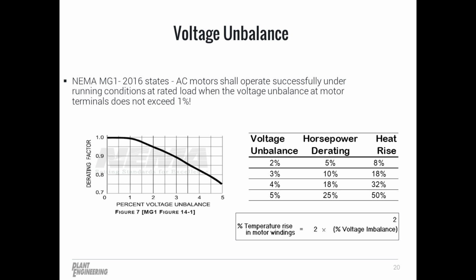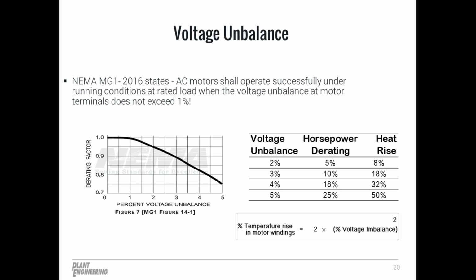Typically, those PPAs will be set somewhere in the 2 to 3% voltage imbalance range. Generally 2 to 3% doesn't seem like much, but 2 to 3% voltage imbalance can be detrimental to motor efficiency over time. The point that I want to make here is that even a minor voltage imbalance can lead to horsepower